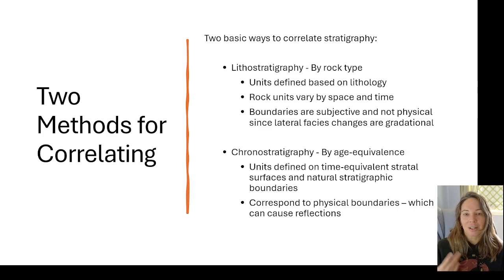As I mentioned, part of this is founded on the idea that the reflections we're seeing are chronostratigraphic, so they're age equivalent. The other way this could be would be if they were lithostratigraphic, so they were rock types that we were seeing in seismic. When you think about rock physics properties, initially it would make sense that the reflections were more related to rock types than time and age equivalence. So it's something to pause and think about after this lecture to make sure you understand it. But what we're seeing in seismic is chronostratigraphic. It corresponds to these physical boundaries, these unconformities,